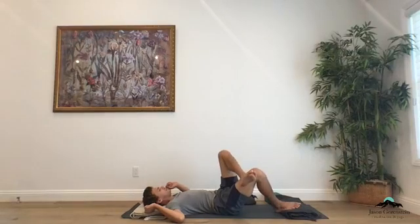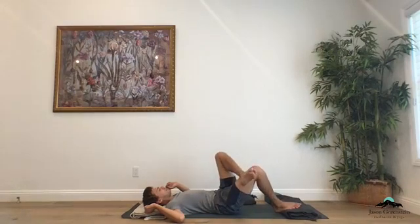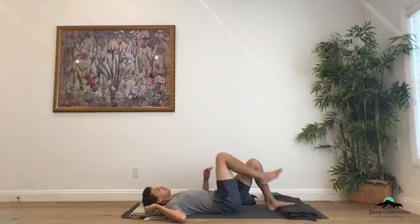In and out. In and out. So hugging this right knee back in, release the right foot down, hug the left knee into the